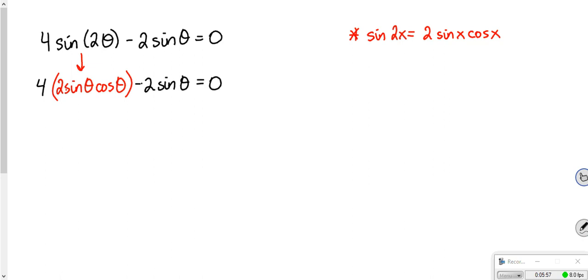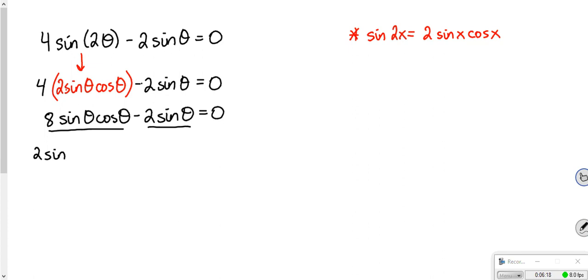Now, this is going to give me 8 sine theta cosine theta minus 2 sine theta. Now, factor out the GCF. My GCF here, both terms, this is a term and this is a term. Both terms have a 2 and a sine theta in them. So if I factor out the 2 sine theta, what's left is 4 cosine theta